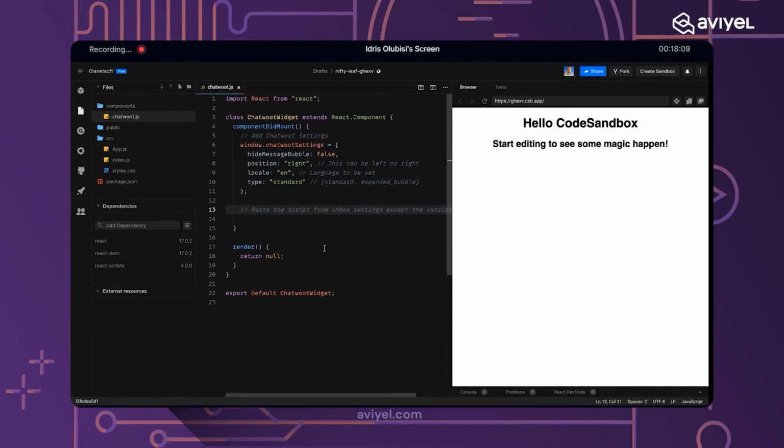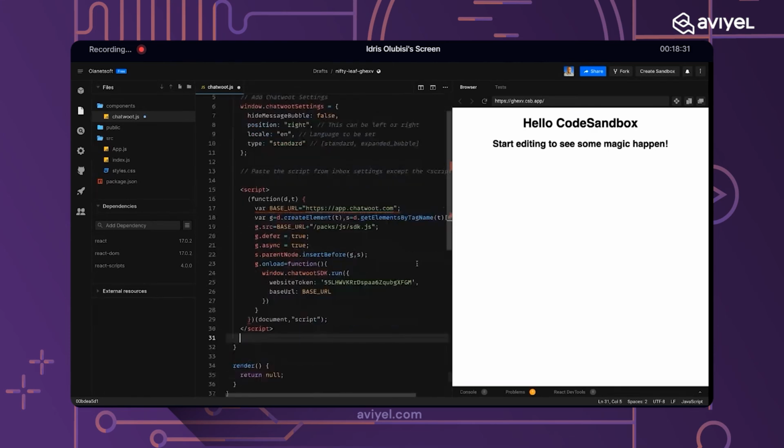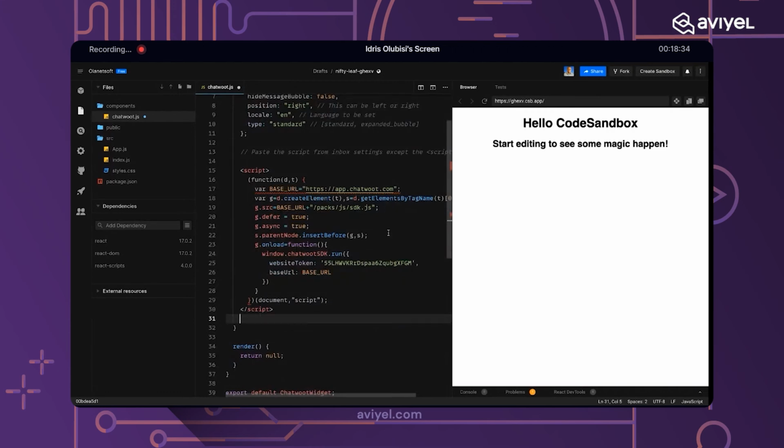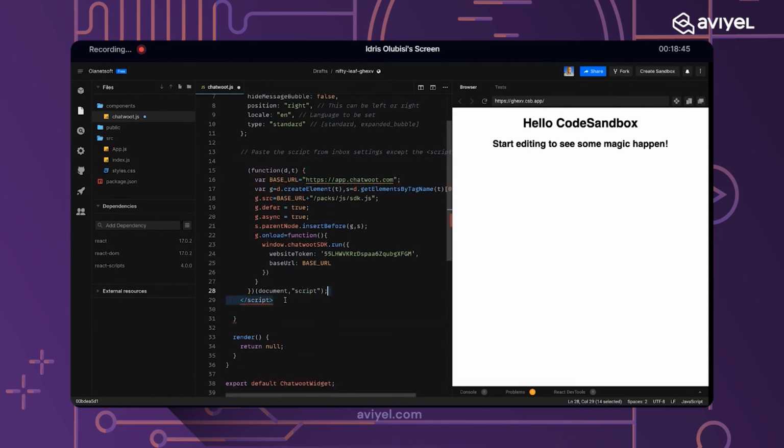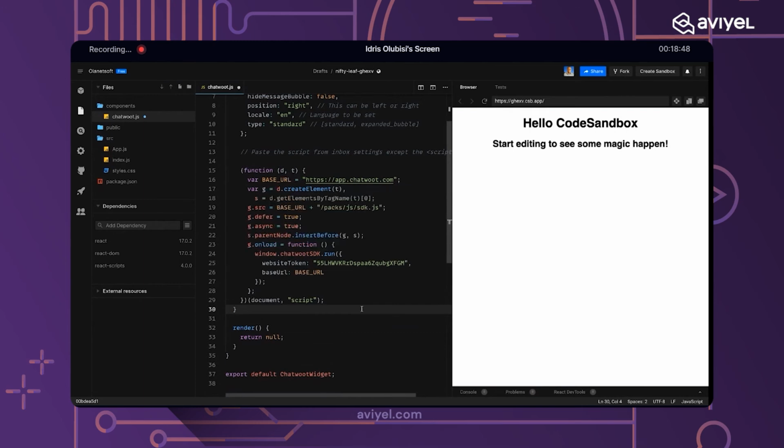Now that we have this, underneath it we need to paste in what we copied, what was given to us earlier. So let's head over to where we created our inbox. Then we copy it. Copying it and pasting it directly gives us this kind of weird error. It's just that the instruction is written there that when you copy this into your application, you should exclude the script tag, because this is not HTML, this is a React application. Excluding it simply means this way.